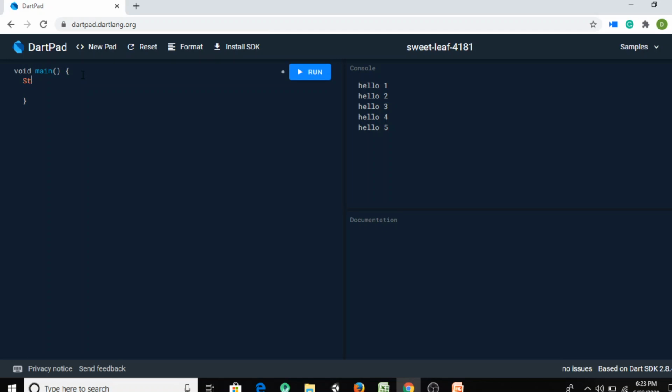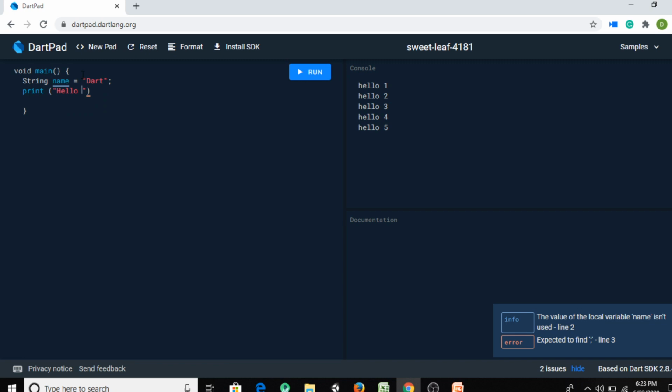So we'll write string name equal to Dart, then print hello, and what we want is the name, so dollar name.